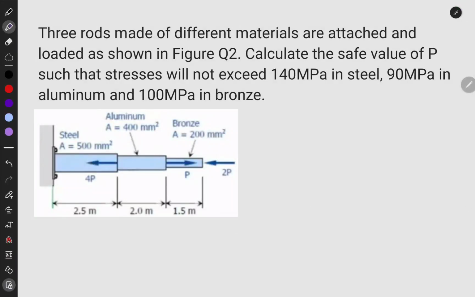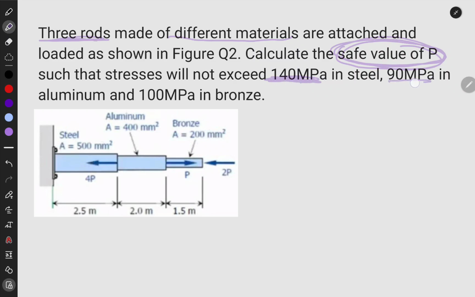So in this one we will do another one of our strength of material problems. So let's just read. Three rods are made of different material and attached and loaded as shown in this picture. Calculate the safe value for P, that's our interest, such that the stress does not exceed this number of 120